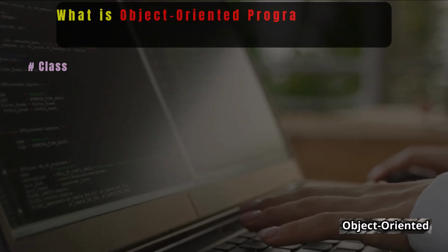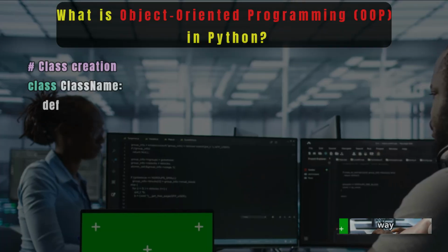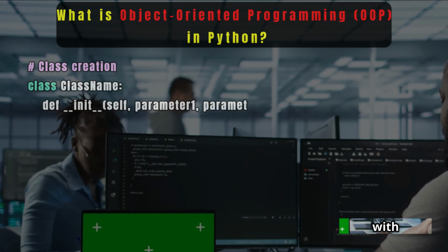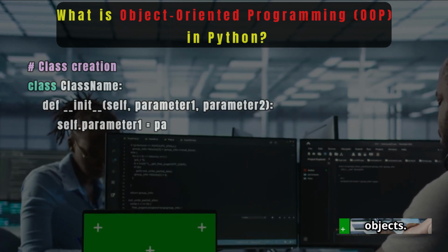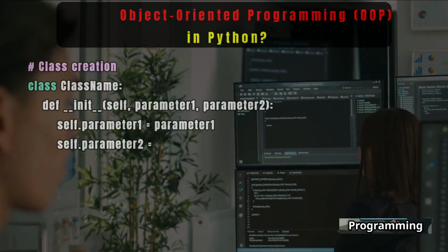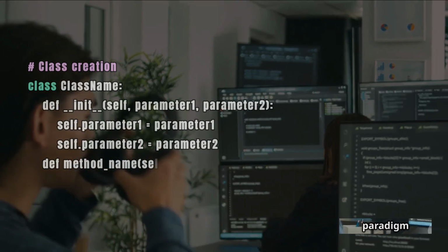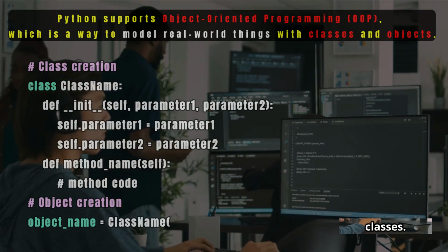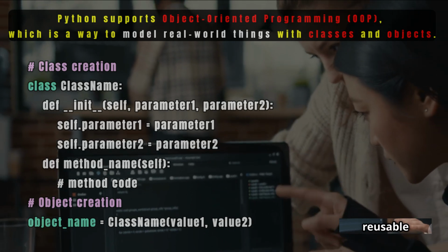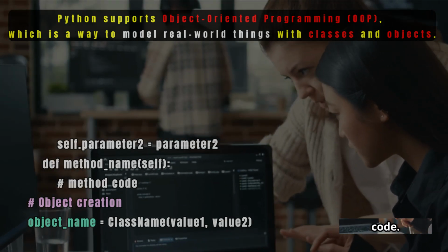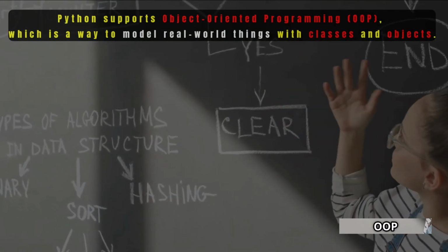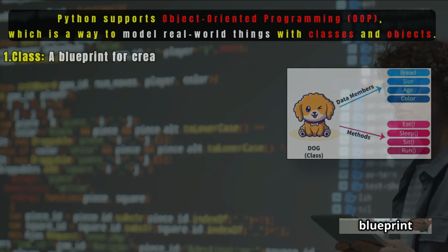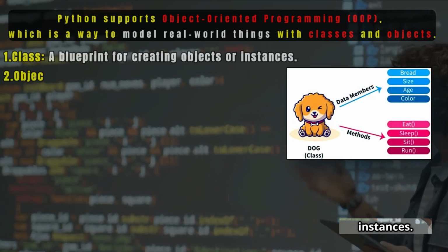Python supports object-oriented programming, which is a way to model real-world things with classes and objects. Object-oriented programming in Python is a programming paradigm that organizes code into objects and classes. It helps in creating reusable and modular code. The core principles of OOP are class, a blueprint for creating objects or instances,